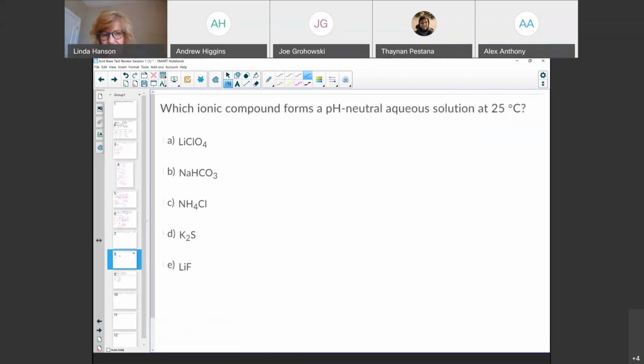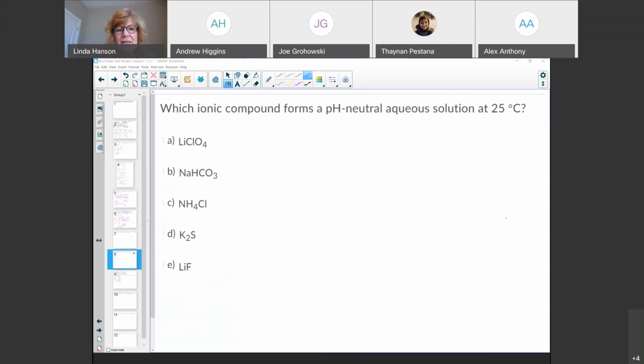My next example focuses on salts. The very last part, well, it was the discussion forum for this week as well. Which ionic compound forms a pH neutral aqueous solution? With this example, I'm making us remember a little bit about hydrolysis of salts and the ability to recognize if the cation comes from a strong or weak base, and if the anion comes from a strong or weak